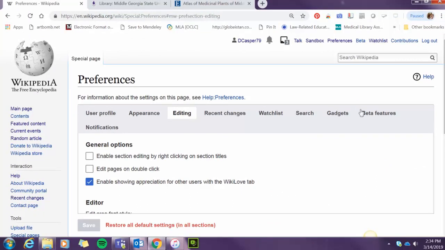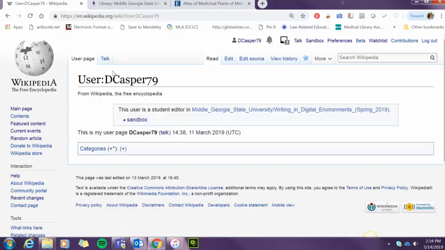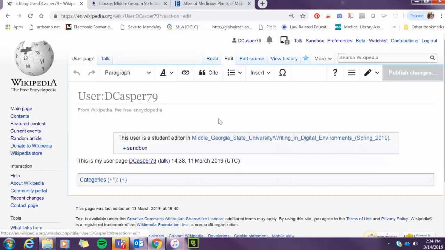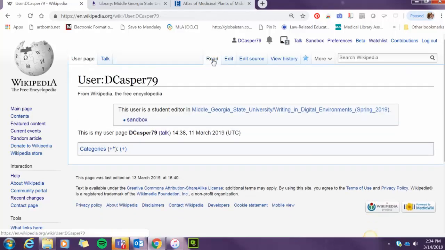Once you're logged in and you've changed your preferences, you will see that you're going to have a user page. You can put in more information here about who you are, what you're interested in, as much or as little information as you like, and try not to put anything too personal in there, I would imagine. You're going to see that you can edit any of these parts.